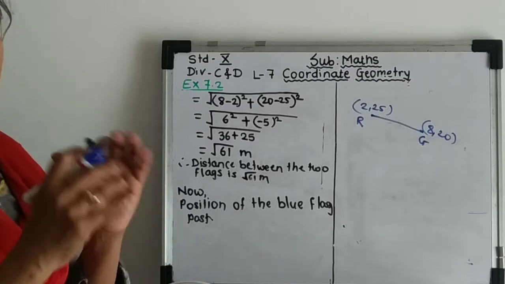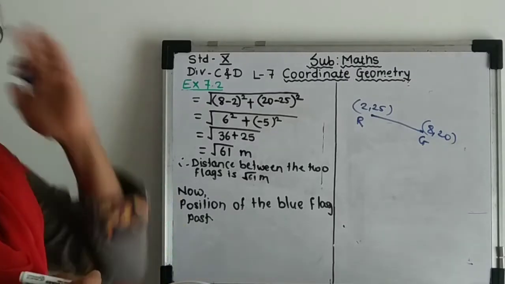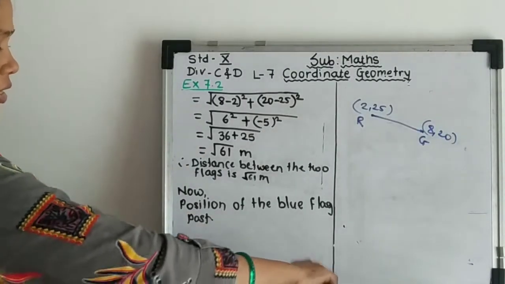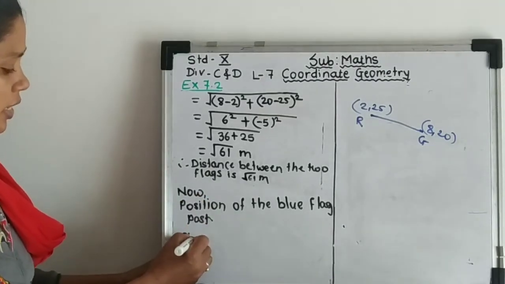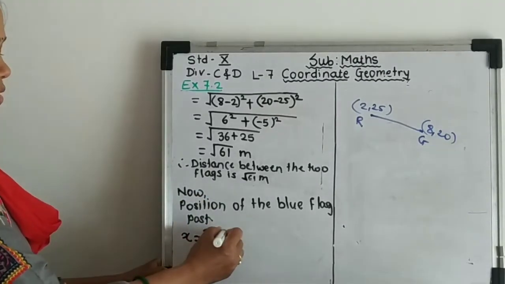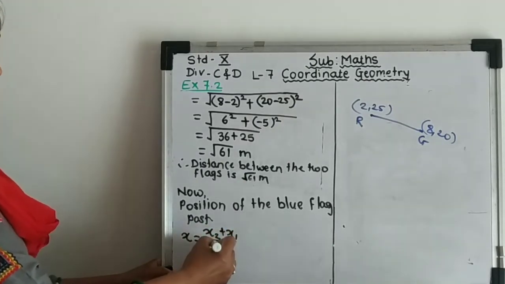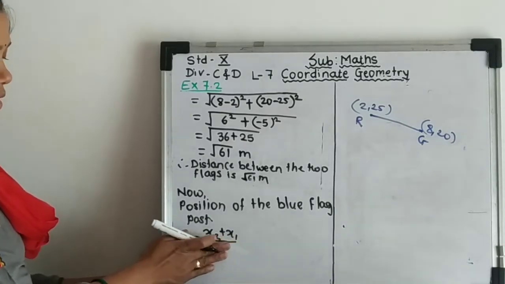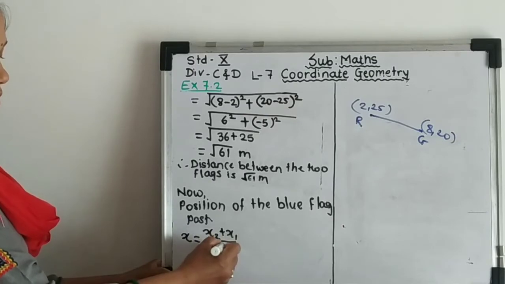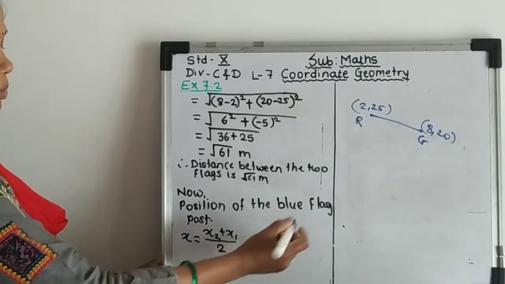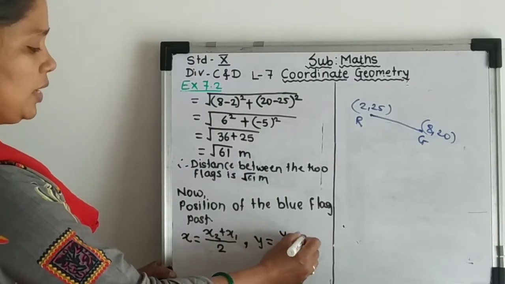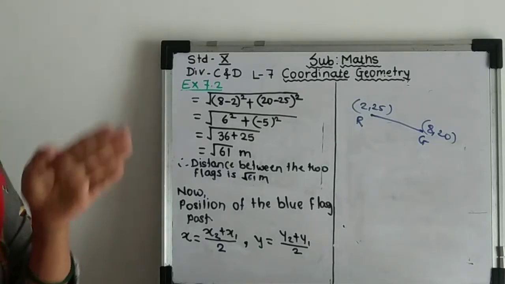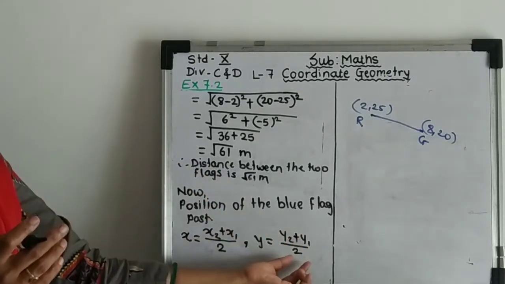Middle means what? Section formula for it, the midpoint formula, which we have revised or which we have seen earlier in this video only, right? So we will write here that x coordinate will be x2 plus x1 upon 2, as it is the middle, no? And our y coordinate will be y2 plus y1 upon 2. Understood? Exactly in the middle. Middle means it makes 2 equal parts. So that's why we will divide by 2.